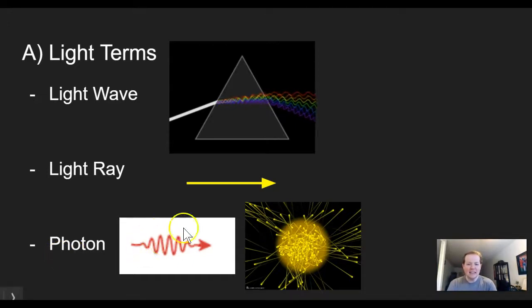Okay, and I like this diagram a lot because it kind of shows both. Remember, particles, think of like little BBs or little balls. So this classic diagram, sometimes called a wave packet. Here you see the wave property of the light. And also it's kind of composed in like a little, almost like oblong, like a little football. Here's the particle part of it. So you might see a diagram like this.